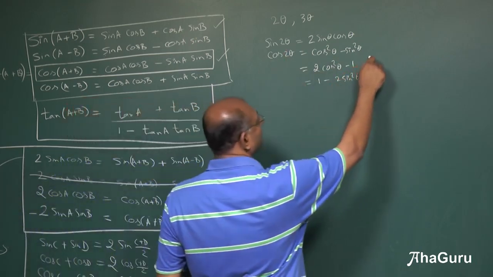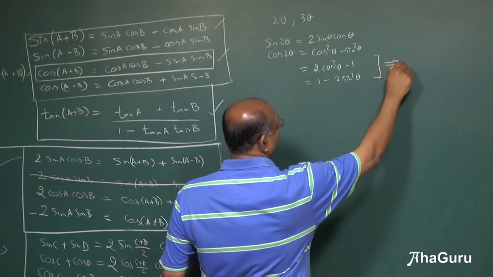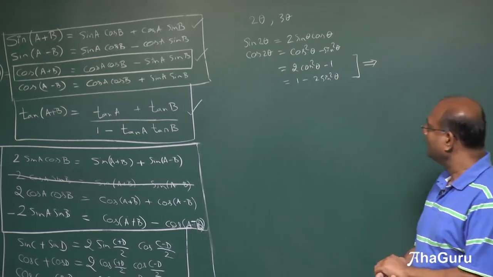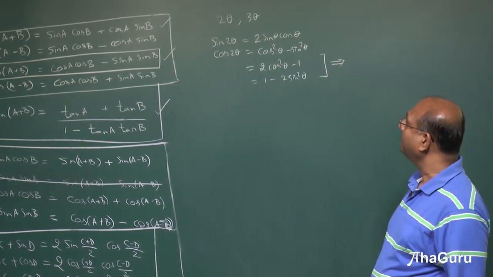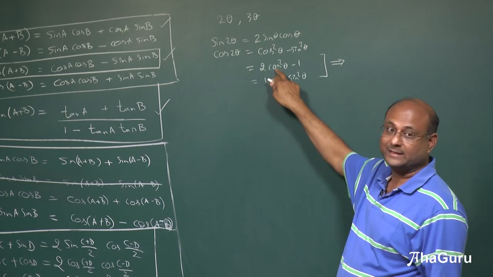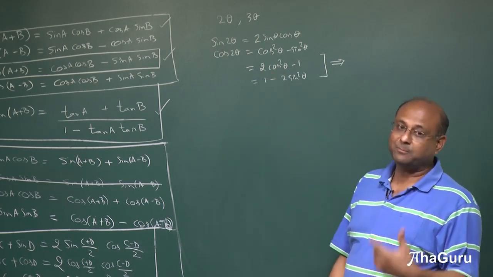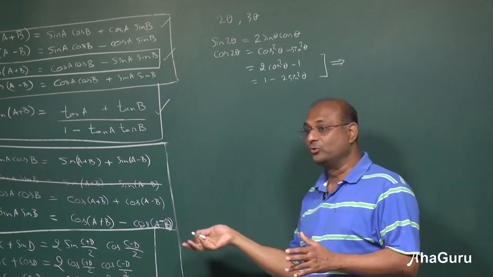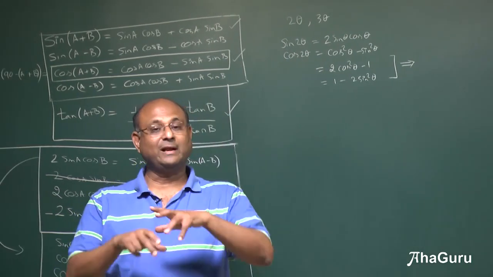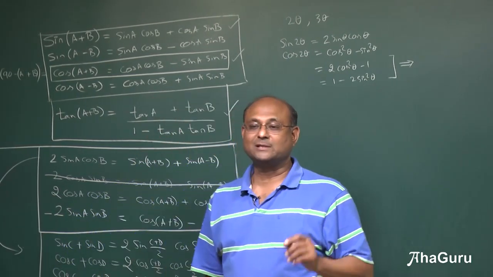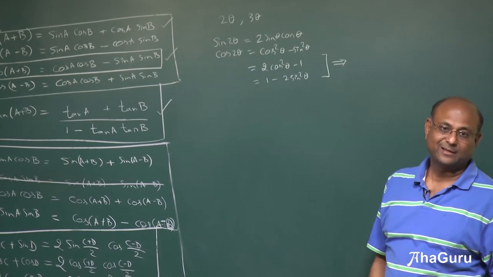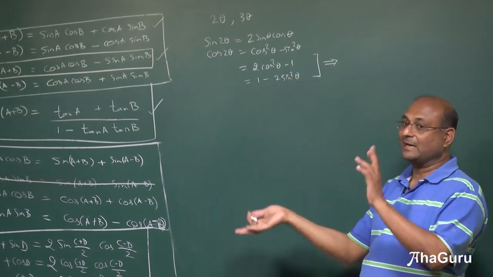These two fellows end up giving us two other values which are quite useful. They are so useful that it's important to write them and understand them separately. What is this telling me? This is telling me rewrite cos 2 theta in terms of cos square theta. But unfortunately for many problems, this is one of the cases where you do need to know it, because many times you will get integration based questions where you have to rewrite cos square theta in terms of cos 2 theta, because it turns out that in calculus dealing with cos 2 theta is easier than dealing with cos square theta. So many problems will actually be cos square theta converted to cos 2 theta.